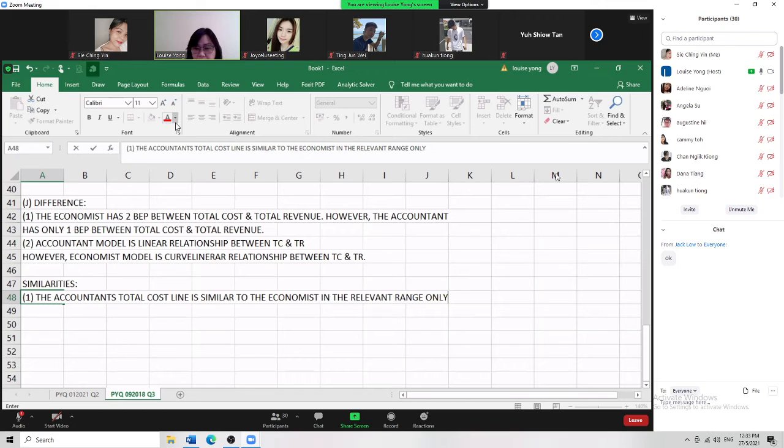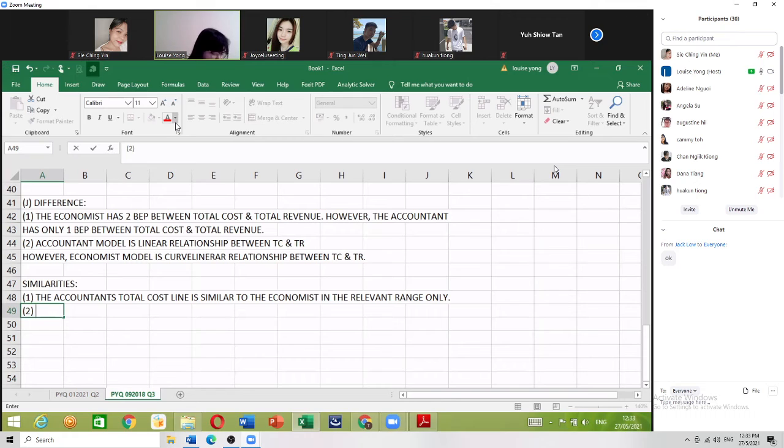So 他们在 relevant range 的时候是一样的。所以这个是他们同样的东西啦。但是 outside the relevant range 呢，他们的 cost 跟 revenue 就不一样了。Number 2 here 一样的东西是什么？Right, means that